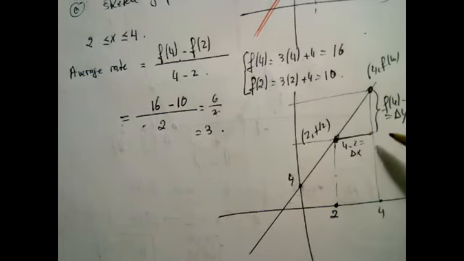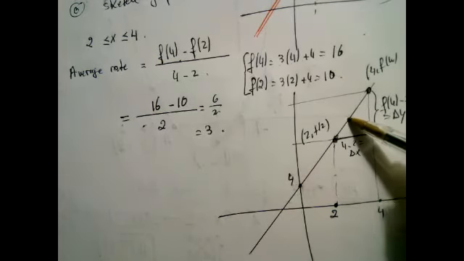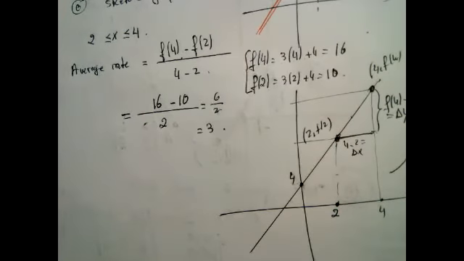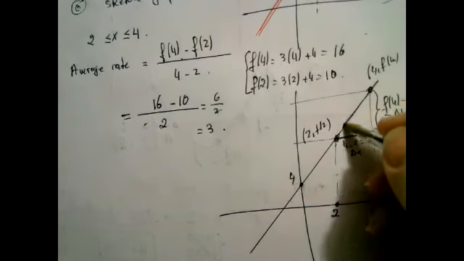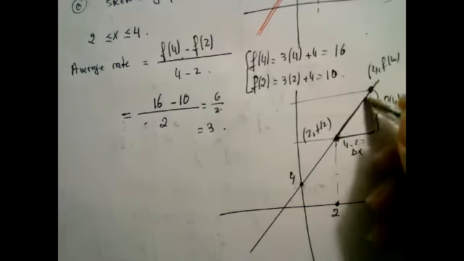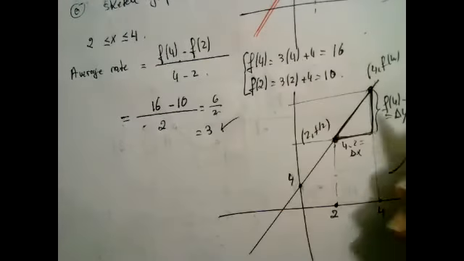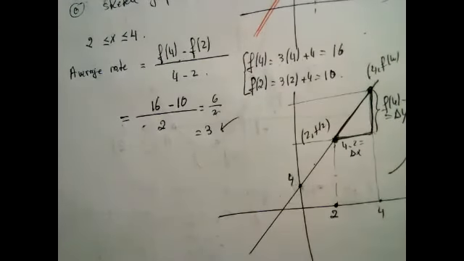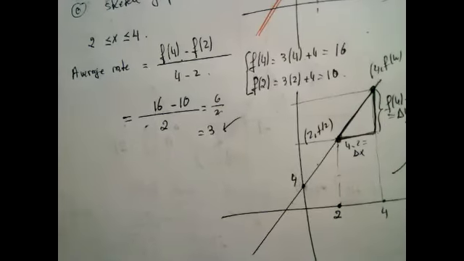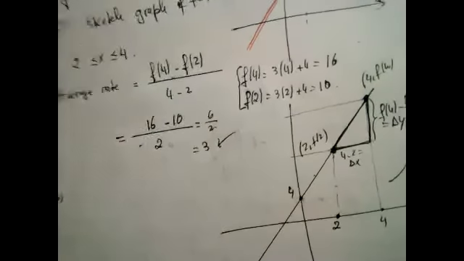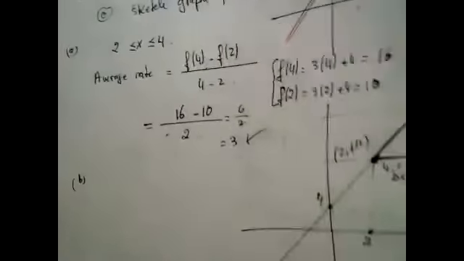It means this is nothing more than the slope of the line in this case, because the graph is a line. The graph is not really moving like this. The graph is a line, so the average rate is nothing more than the slope of this line. So I expected 3 because the slope of this line is equal to 3. Okay. Now B, I asked you the same question, but I wanted the average between 2 and 2